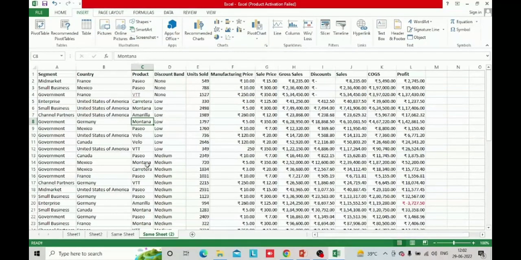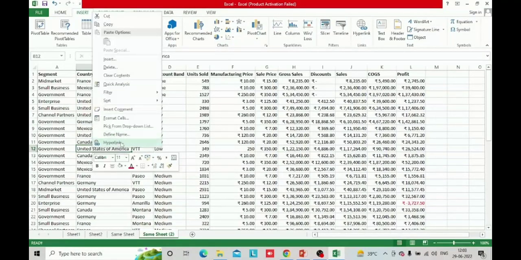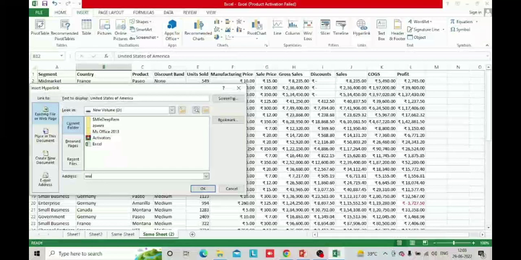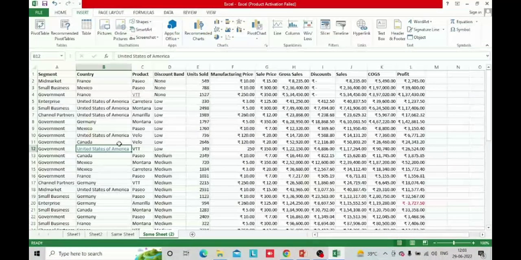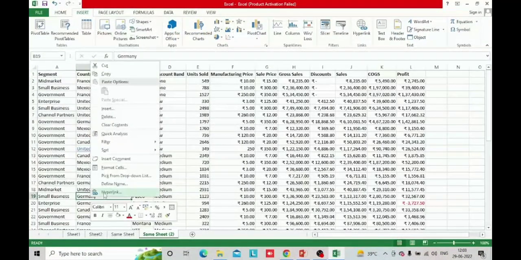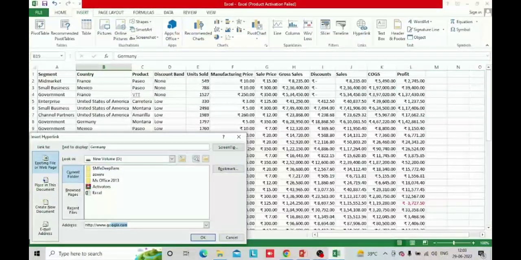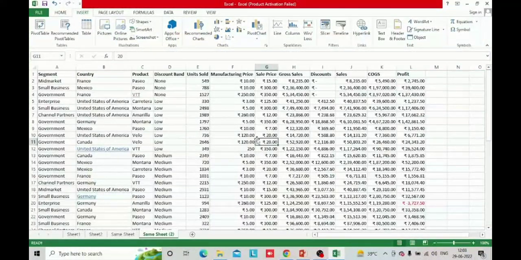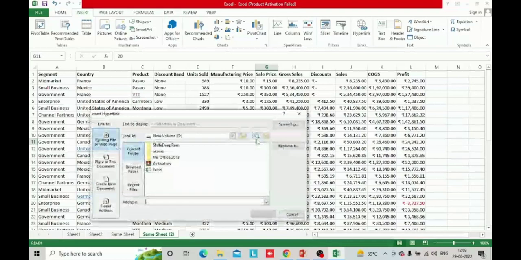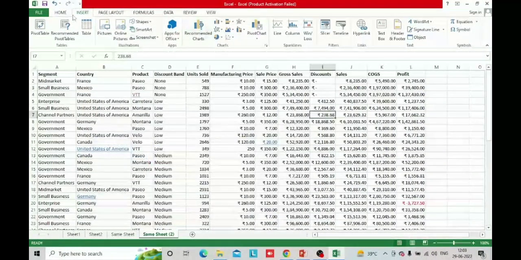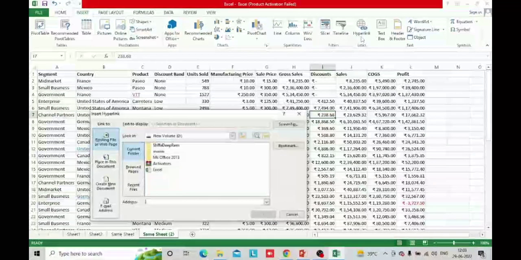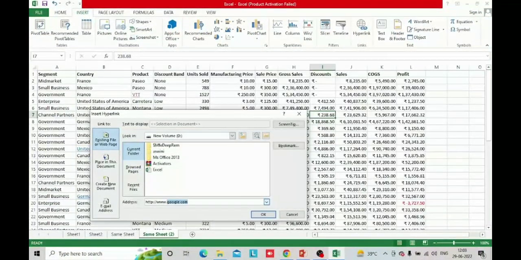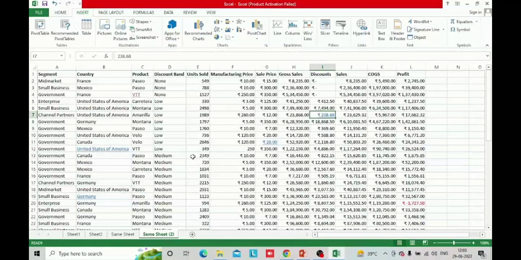Let's go through once again. Let's do it for this United States of America. Click on hyperlink. www.yahoo.com for example. Hyperlink. www.google.com. Control K. www.google.com. Going to insert hyperlink. www.google.com. If you make a mistake,